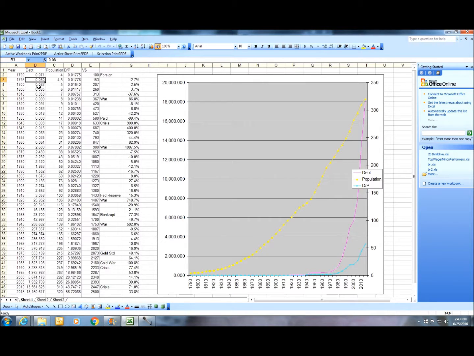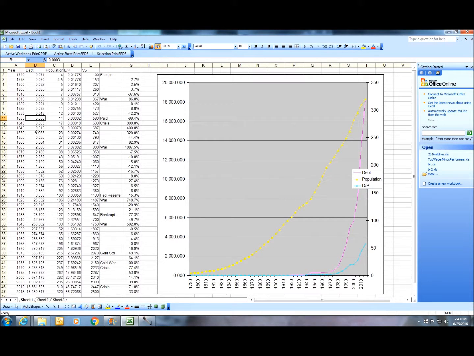In the following years, we went up a little bit, just to stabilize ourselves in the first 10 years. And then we started paying off our debt, except we had a war in 1812. You can see we went from 53 million to 99 million, so almost doubled our debt. But relatively, it was a $40 million upgrade. Then we started paying our debt again, and it went basically down to zero in